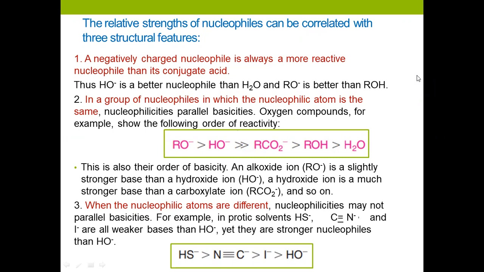nucleophilicities parallel basicities. So what do we mean by that? Oxygen compounds, for example, show the order of reactivity. What is nucleophilicity? Nucleophiles are species that seek a positive center. They also contain electron pairs and sometimes they also bear a negative charge. Basicities refer to basic